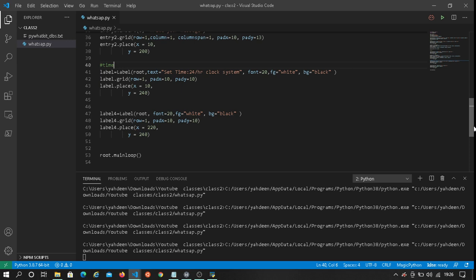So as you can see, it's just the label. Set time, clock, that. The other label, we placed it somewhere on the frame. And then now we need to create the entries for this, and now the button that will handle when you click that button, it will now function. It will now send the request and send the message.